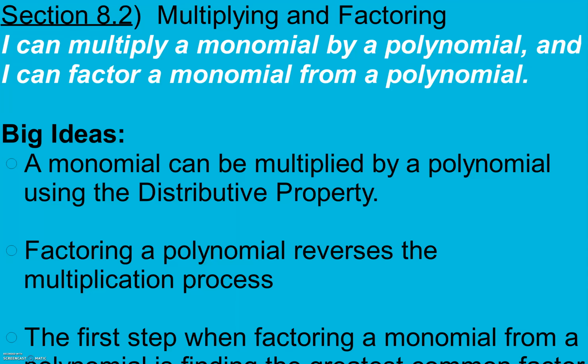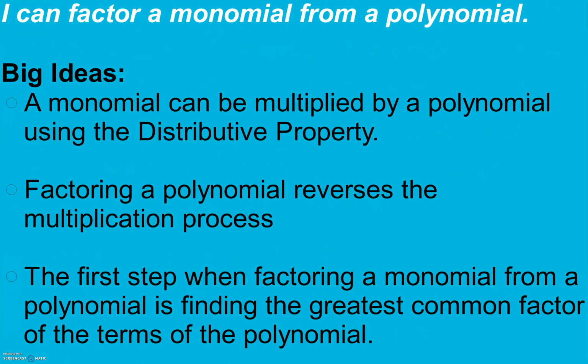Section 8.2 is multiplying and factoring. I can multiply a monomial by a polynomial, and I can factor a monomial from a polynomial. Big ideas here: a monomial can be multiplied by a polynomial using the distributive property. Factoring a polynomial reverses the multiplication process. And the first step when factoring a monomial from a polynomial is finding the greatest common factor of the terms